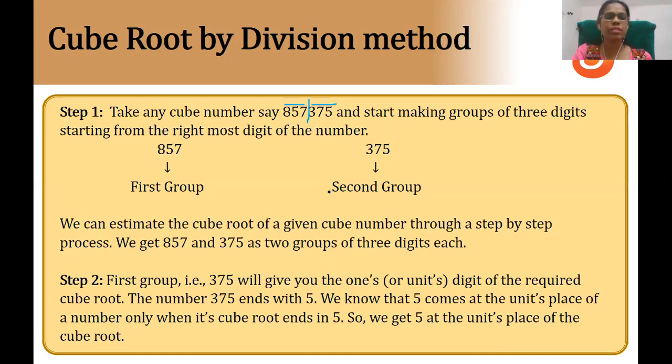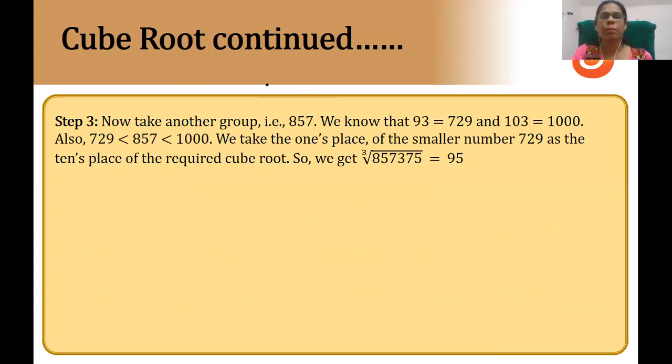We'll proceed ahead with step number 1. We can estimate the cube root of the given cube number through a step-by-step process. We get these two groups here. The first group is 375 and the second group is 857. So the cube root of the number 857,375 is 95. How did we get it here? The cube root of